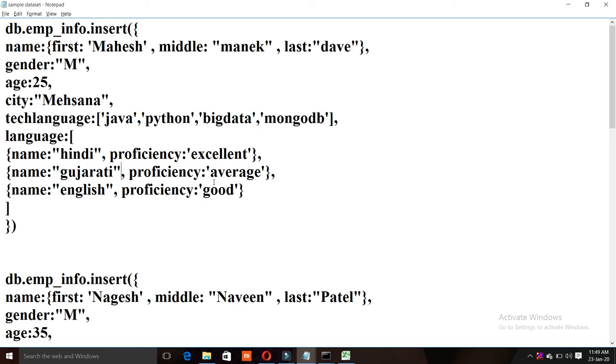So I have been using these documents, and then I will perform multiple operations on this document. That is how I can access the Mahesh value, how can I access the M values, how can I access the Java values. That means I want to find out some records